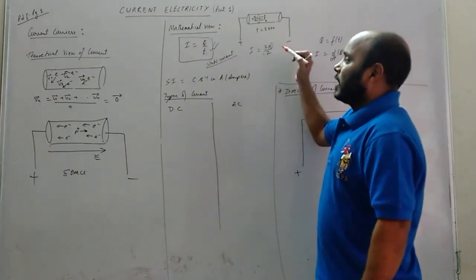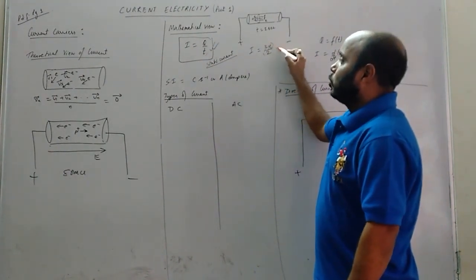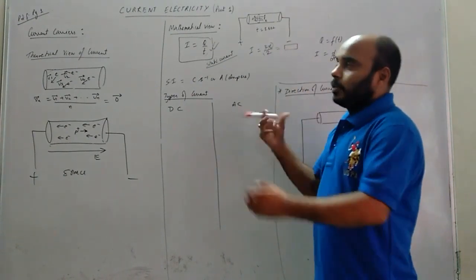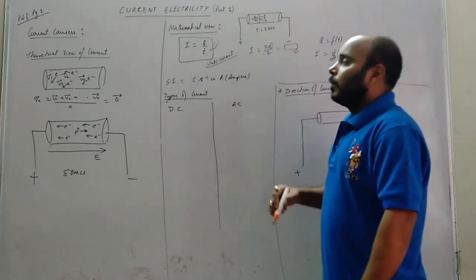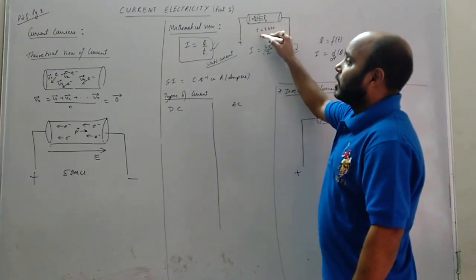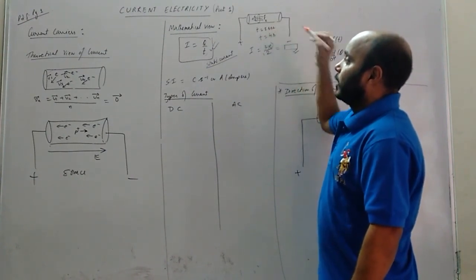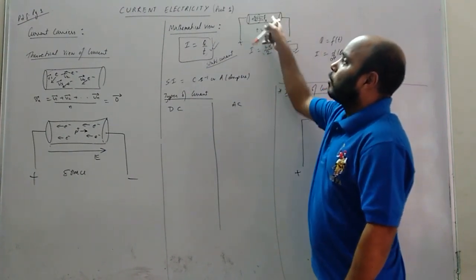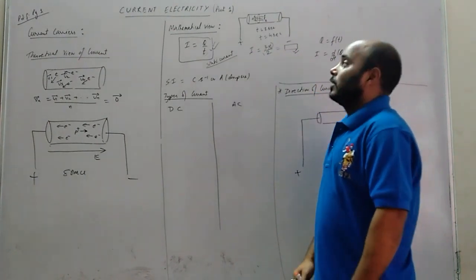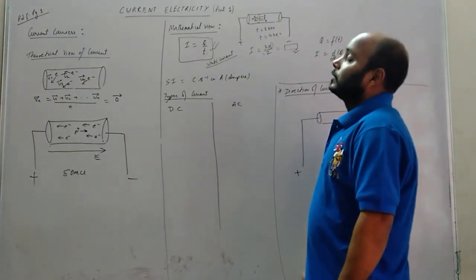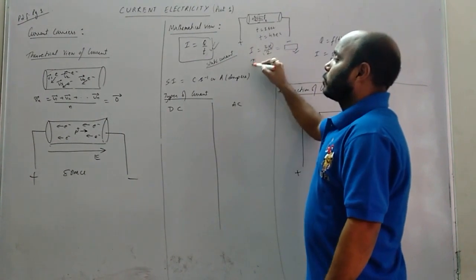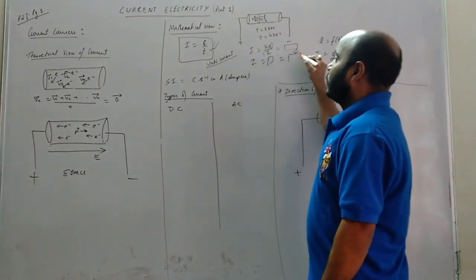What is happening? 3E by 2, after some calculation, you will get some value. Now what do you do? You increase the time. For example, I am keeping it at 4 seconds. Then again you will see some amount of electrons are there. Again you substitute that value and calculate the current value.